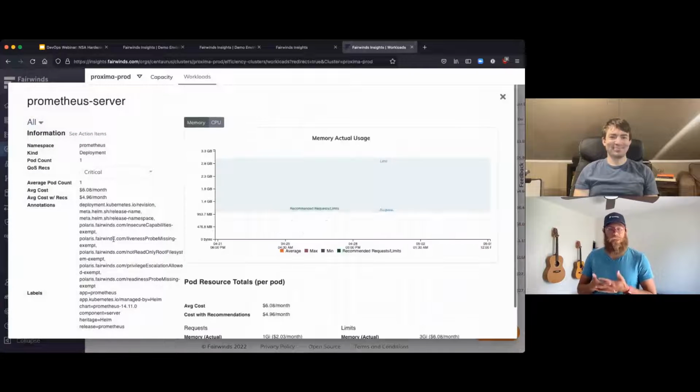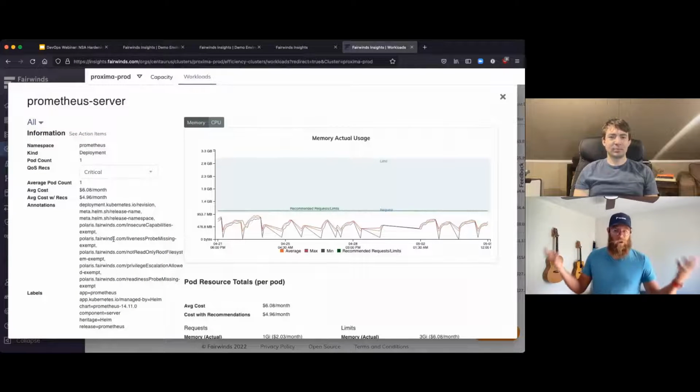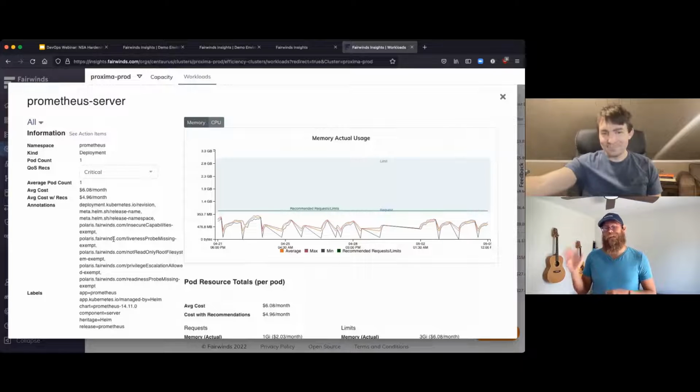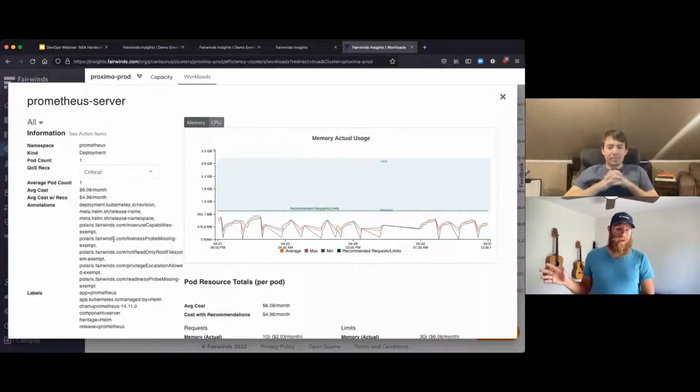There are places where people are running hundreds of pods or much, much more, and they're wildly over-provisioned because the developer just didn't know what they were doing. And so they over-provisioned it. And I tell people, spend some time with our sales team in a proof of value, install the agent, run it on a cluster, even in a staging environment. You're going to be shocked at how much you can save, how wildly things are over-provisioned,